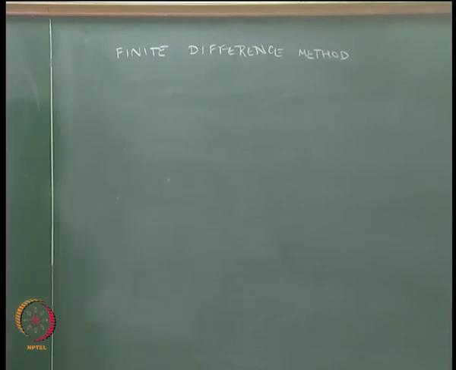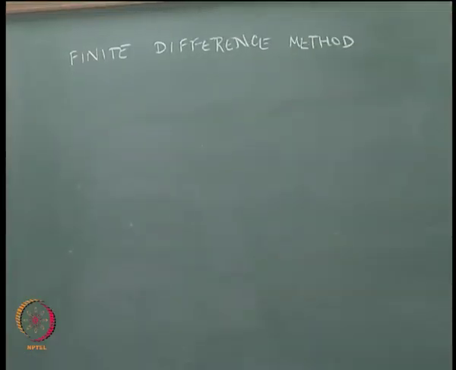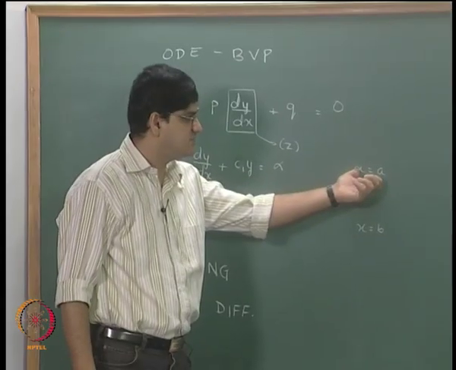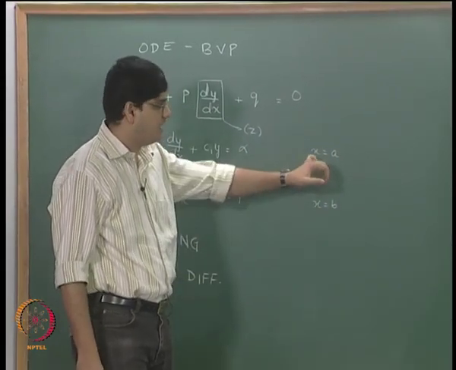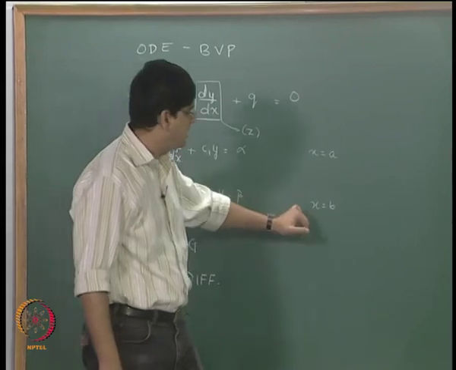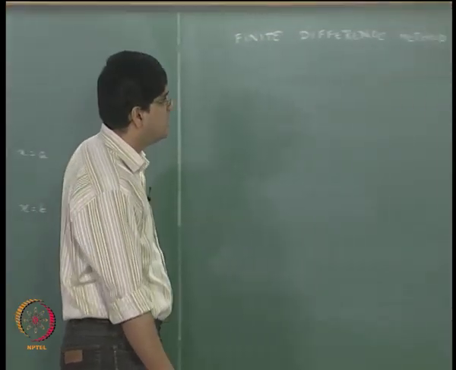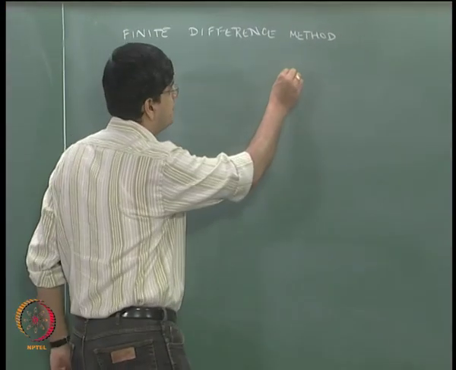Okay. Now, in the boundary value problem, this is the same general boundary value problem that we saw a few minutes earlier. The conditions were specified at x equal to a and x equal to b. So, our domain starts from x equal to a and ends at x equal to b. So, that particular domain we are going to split